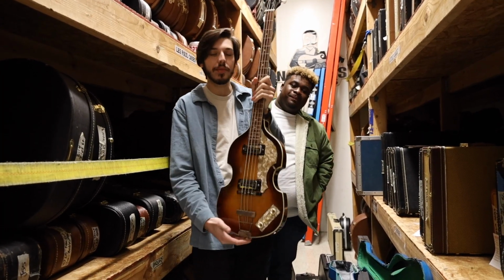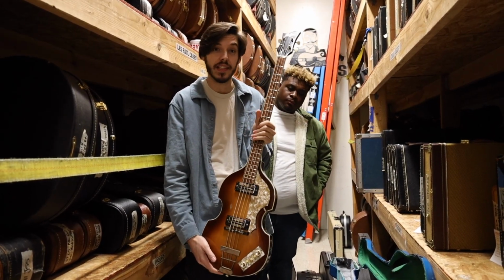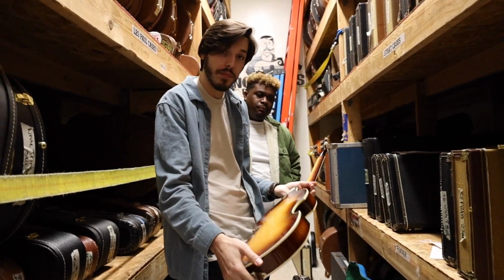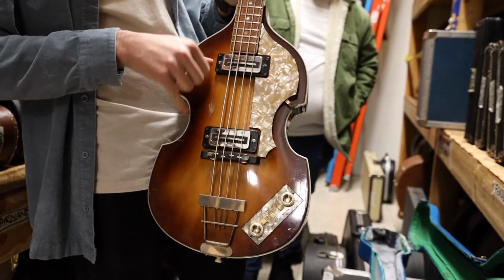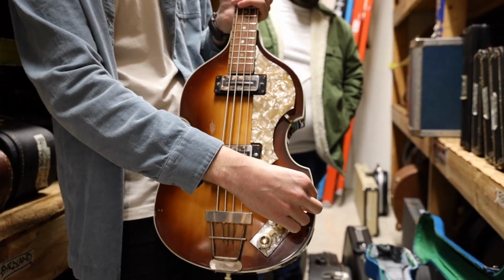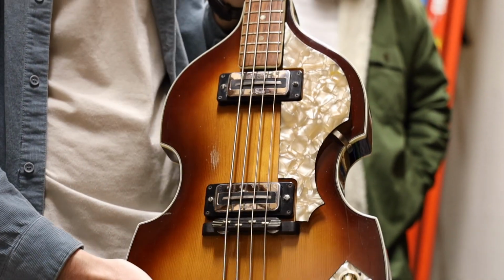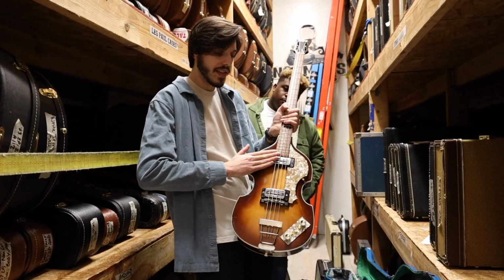So some things. This model of bass was first released by Hofner. I think it was designed in '55, but really released in '56. And it went through a lot of rapid changes. So I did actually make some notes over here that I'm going to read off of, because really every year something changed. So '56 is the first year. It originally had these single coil black type pickups and an oval control panel. In '59, the oval control panel turns into a rectangular control panel. In '60, the black bar pickups, which is what they called those original ones, turn into toaster style pickups. '61, the toasters turn into what they called the caverns style pickups, which are kind of these flat metal